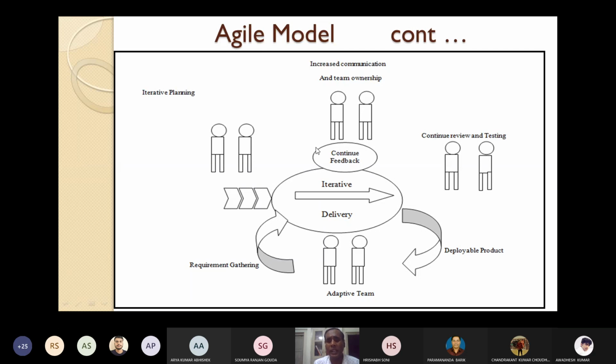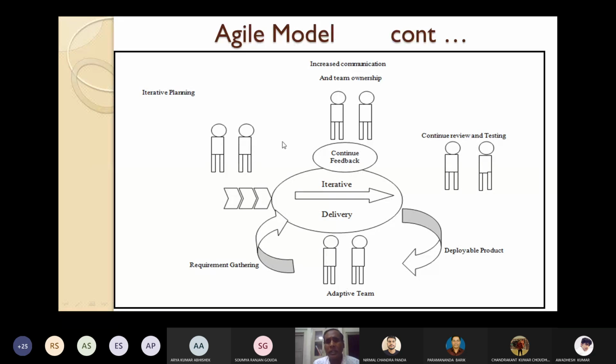So in that way, this is an iterative manner. This is an iterative development process, and incrementally you are getting the product. Every time you will take the feedback and continue to try to improve the system by taking the feedback. So in this way, this agile model will take place.